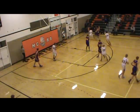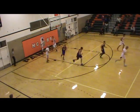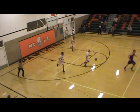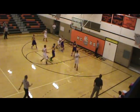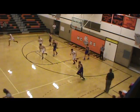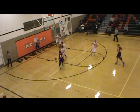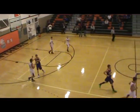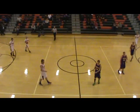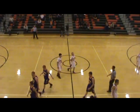Now Bayfield's pass is deflected, and it's going to be recovered over on the far side and nicely inside to number 24, Trevor Gabbard, who scores a nice easy lay-in. All of Monticello's defense had pursued the basketball to the sideline, but was able to be grabbed by Bayfield. Now with an athletic shot here by Tate Haydinger. That one was off the mark, though, and as Monticello gets the rebound and starts the transition back into the offensive end, I believe